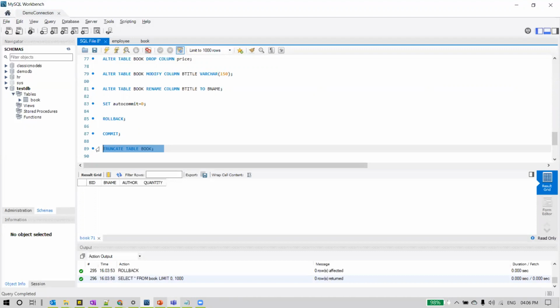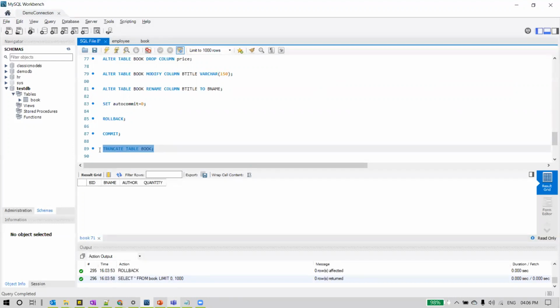By default, these DDL statements have autocommit on. So we should be cautious when executing DDL statements. Truncate also comes under DDL statements. Once we execute it, irrespective of whether you set autocommit to 0 or 1, you can't roll back your transaction and your data is lost. So be careful when we use this truncate command.